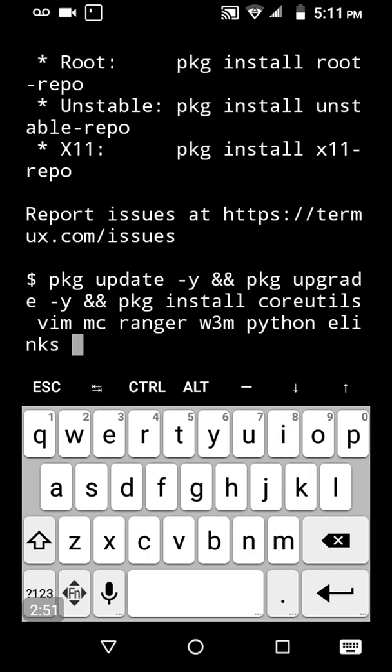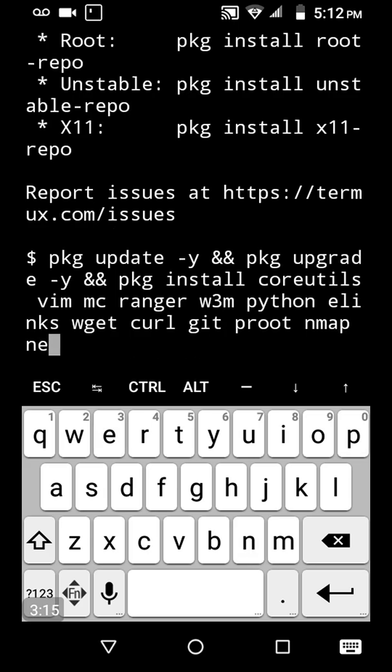E-links, oh yeah, wget, git. What the hell? Here. Why not? And nmap. I don't know what these things are. I never really use these things, but let's get